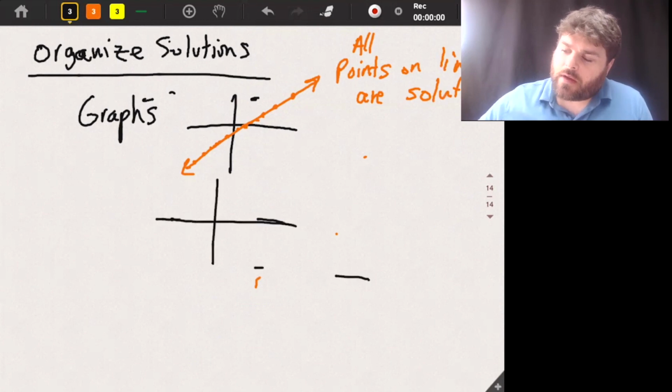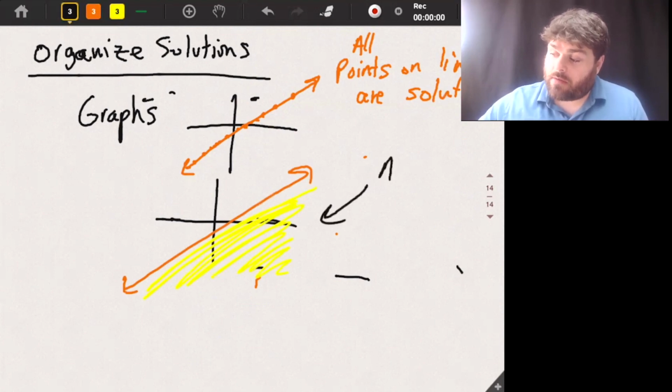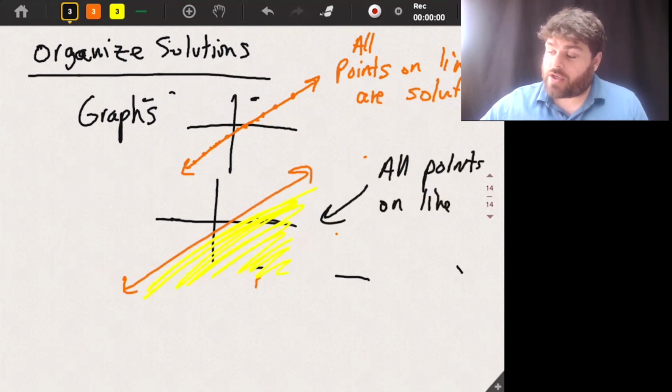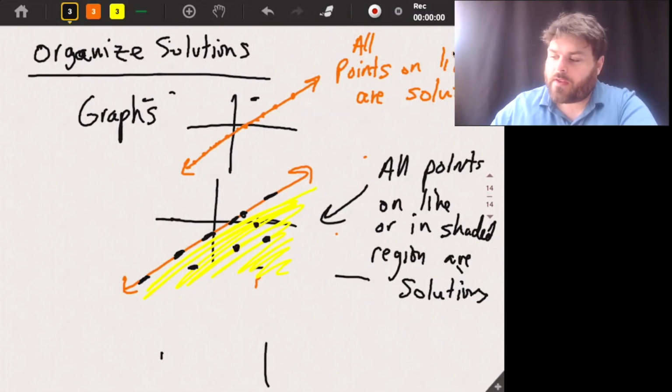okay? We'll see a line and we'll shade one direction. So basically all points on the line or in the shaded region are solutions. So this point right here, anything in this shaded region or anything on this line is going to be a